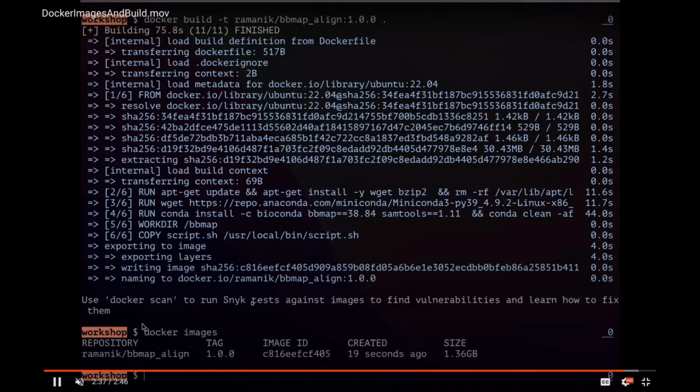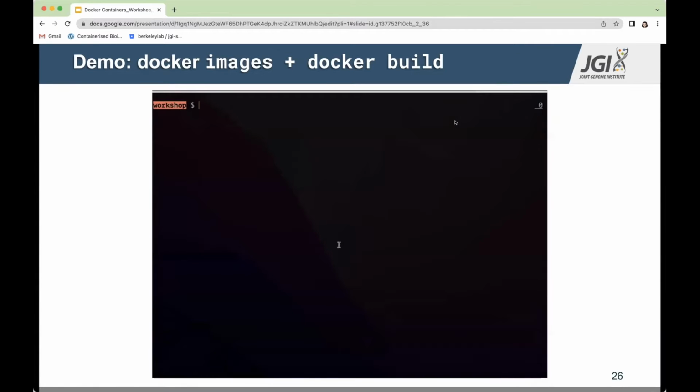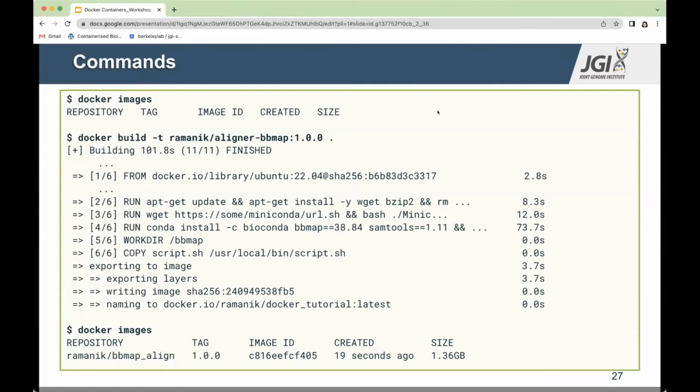And now we see that we have a Docker image. It has a tag, it has an ID, and it has a size of about 1.36 GB. All the instructions that we just saw in the video are here in the slides for future reference, but I'll move on to the